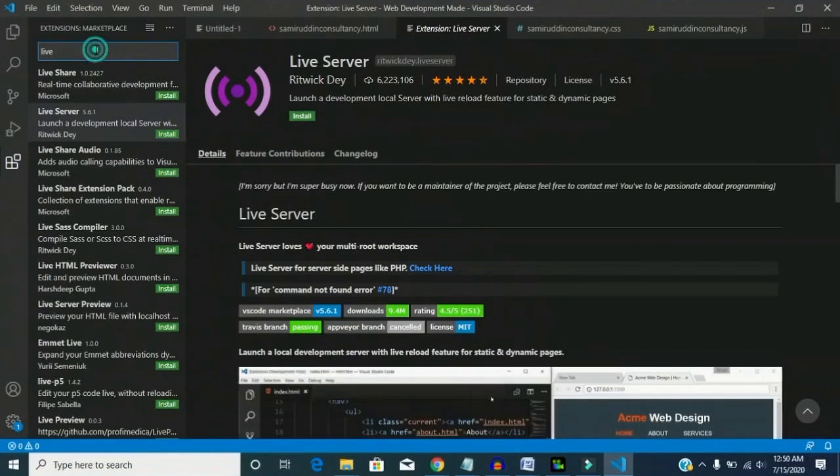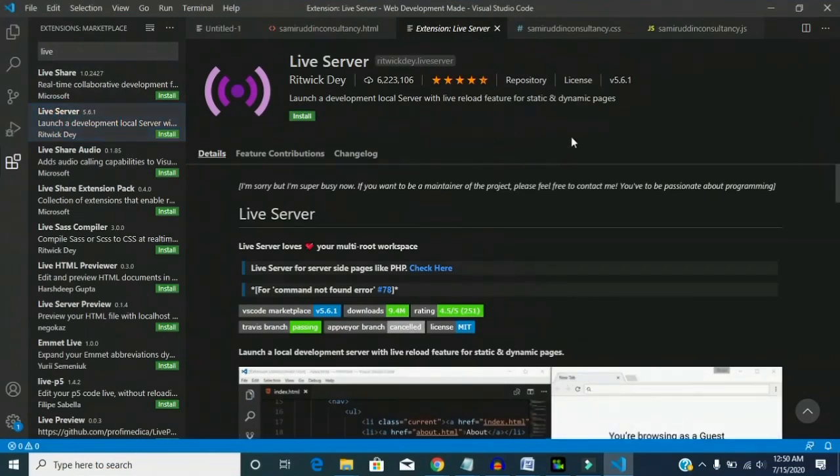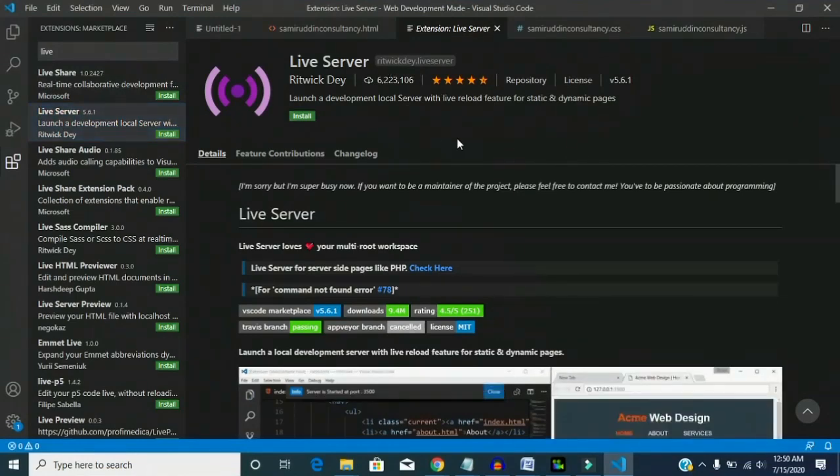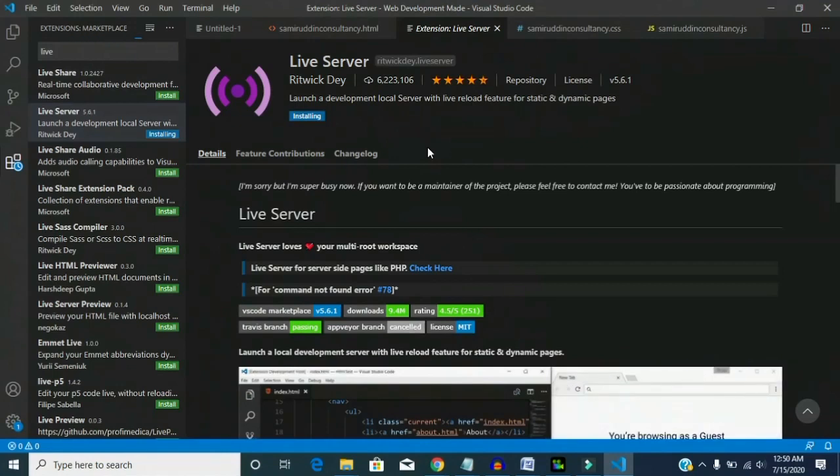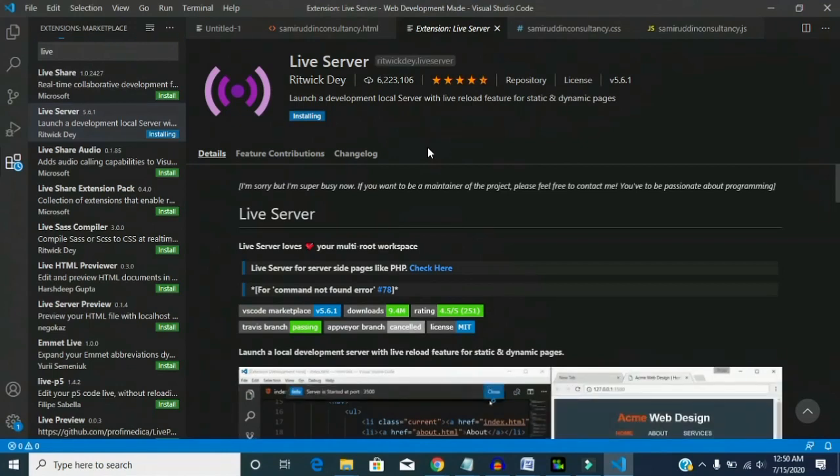Here you will get many extensions which will boost your workflow, which we will talk about in another video in detail, but right now I want to install a very important extension called Live Server. If you are connected to the internet, as soon as you write Live Server here, just click on install.